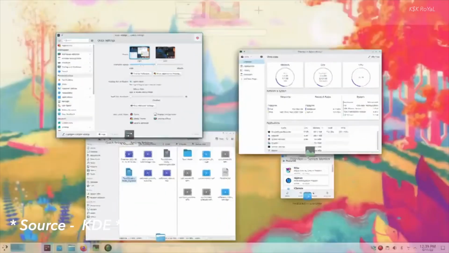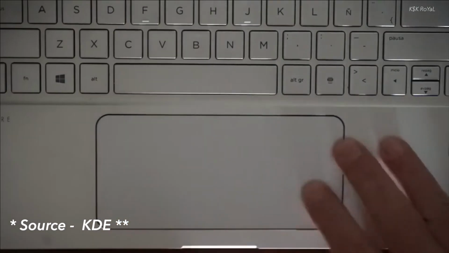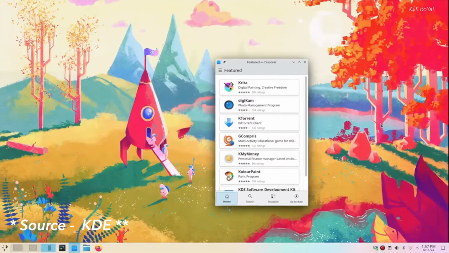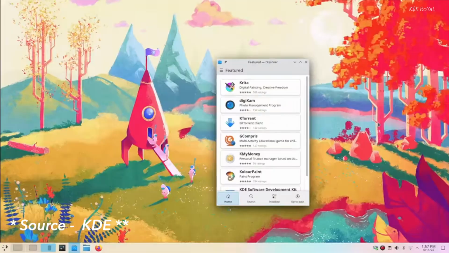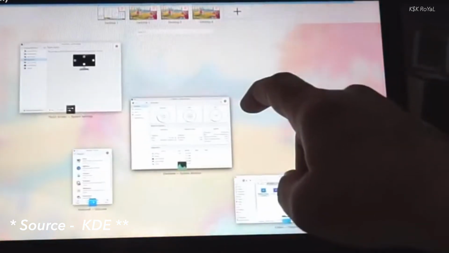So swiping up with 4 fingers brings up the desktop grid. Also, swiping left or right using 3 fingers on your trackpad switches between virtual desktops. These 1:1 gestures also work for touchscreens, meaning you can swipe from the screen edge to get at the overview and have the effect move as fast or as slow as your finger.